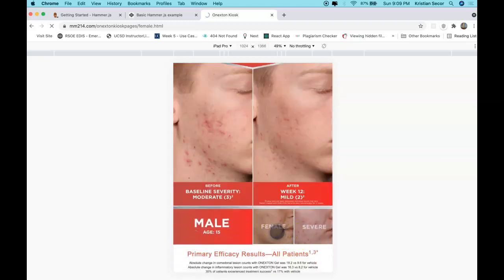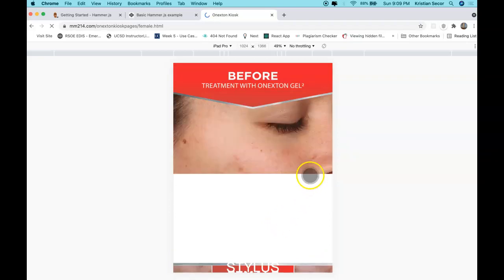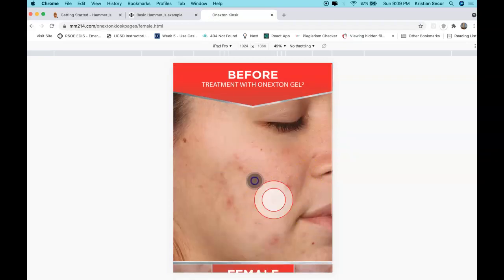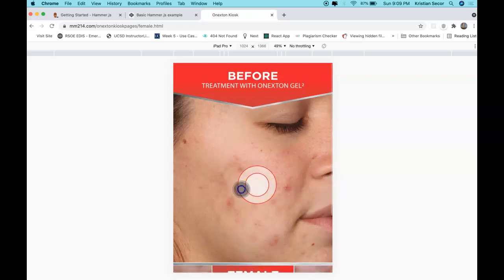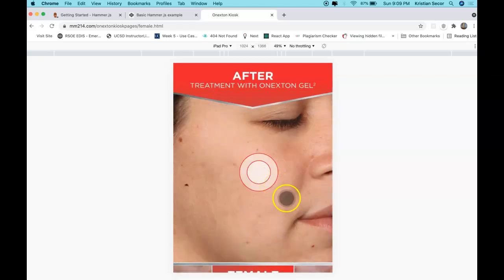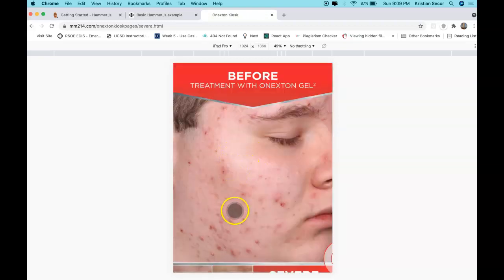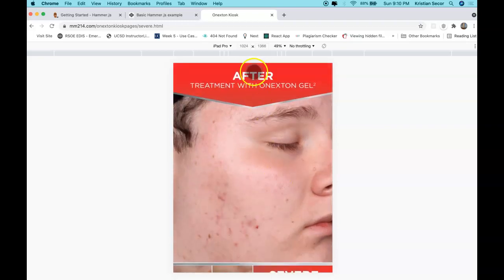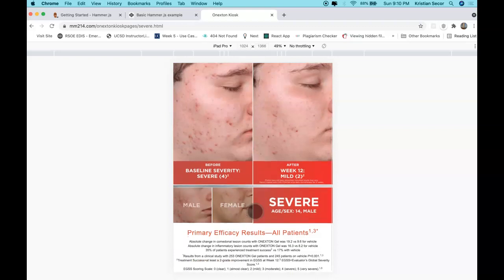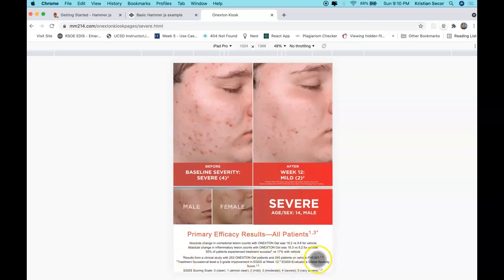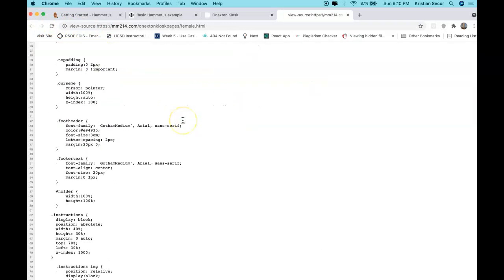There's also different edge cases, like this is the female version. And I'll go ahead and swipe this 1, 2, 3. There we go. And there's the after. And I can go to severe. Keep in mind it's going to be much better on an iPad. I'm actually in Chrome right now. But this is the severe one. And when I do this, it should load the after, and it's slightly improved. And of course, with pharmaceuticals, they give you the actual clinical trials down at the bottom. So that's all done with Hammer.js. If I go back to female, for example, you're going to see